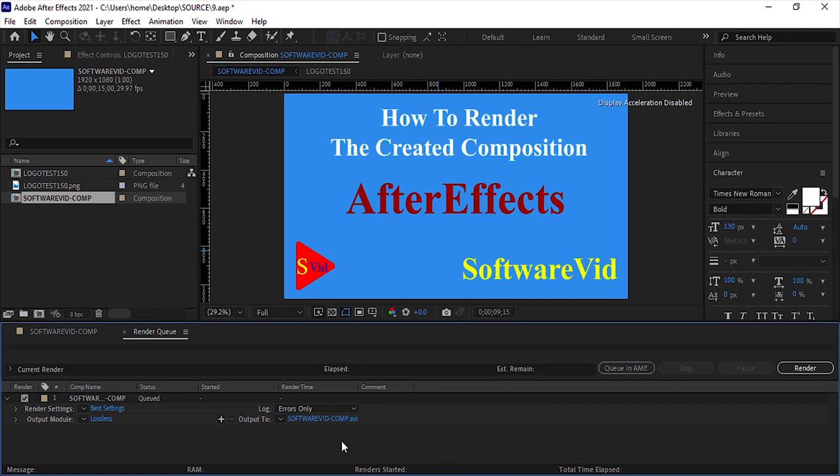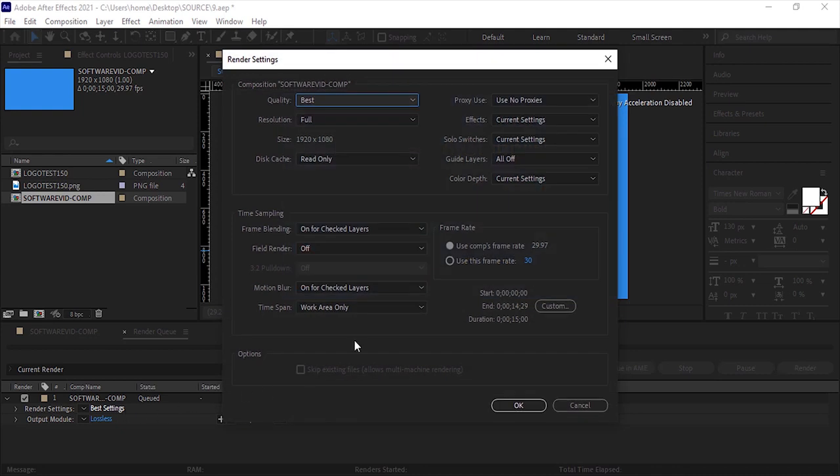The second step in creating an output file is to control the render settings. In the Render Settings section, click on the phrase Best Settings. In Render Settings and in the Size section, the dimensions of the final file are displayed. One of the important settings of this box is related to file time. By default, when you want to render a composition, the output file lasts as long as the entire composition. For example, if you created a 20-second composition, the final video would be 20 seconds long.